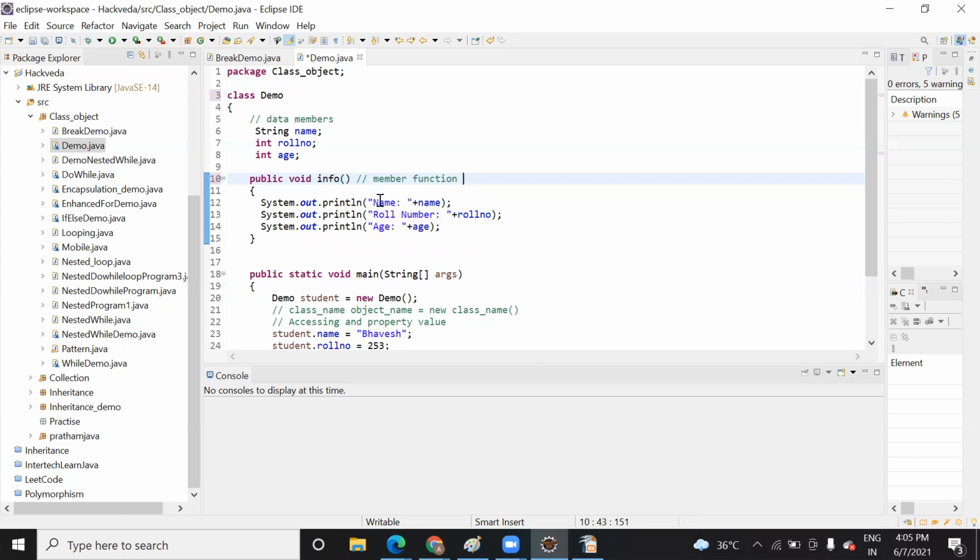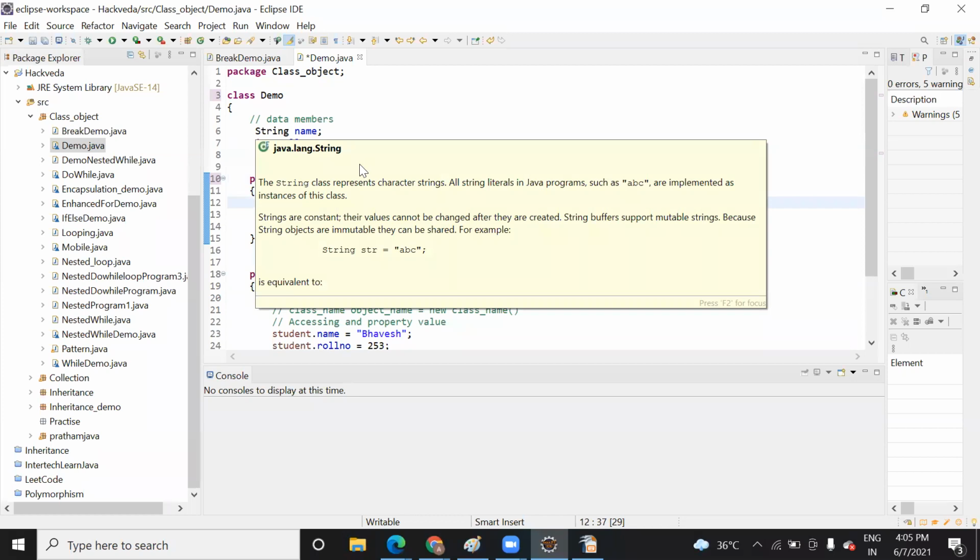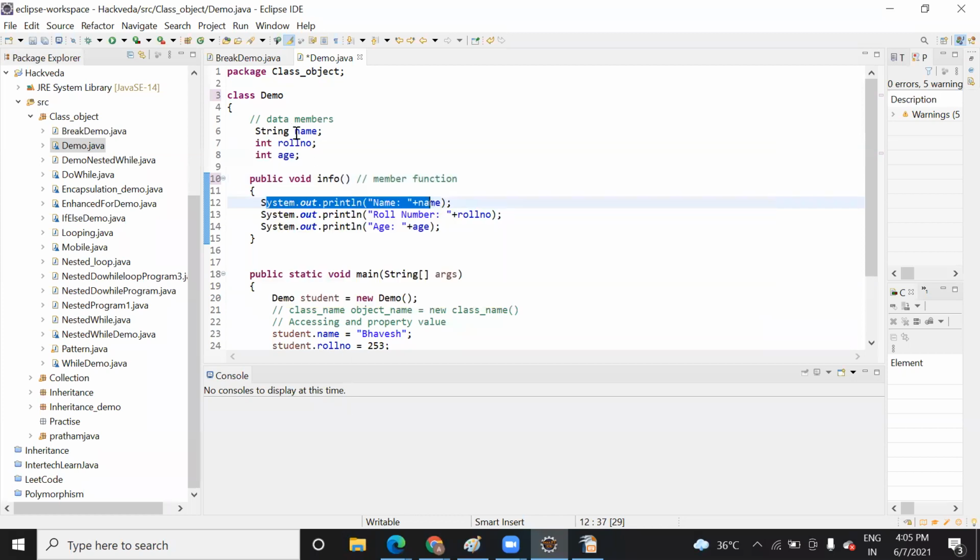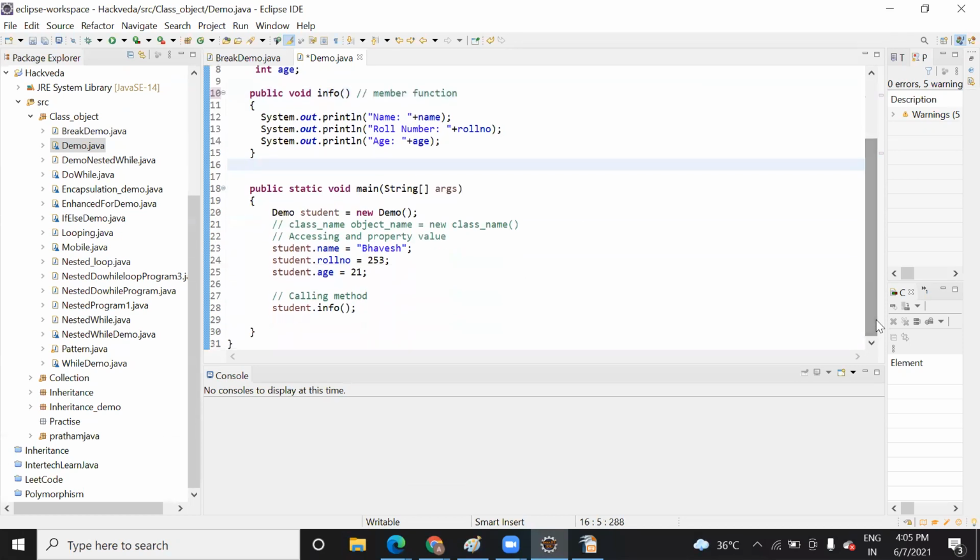Inside this function info, you are simply printing all the variables that you have declared: name, roll number, age. And how are you going to execute the Java program based on class and object?